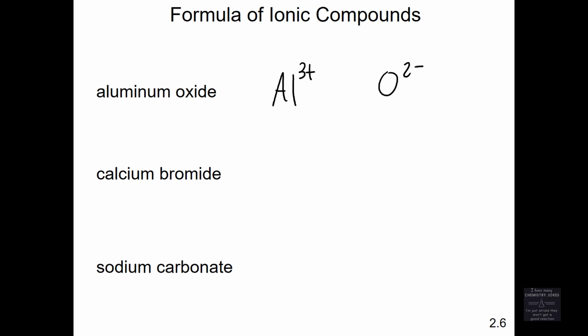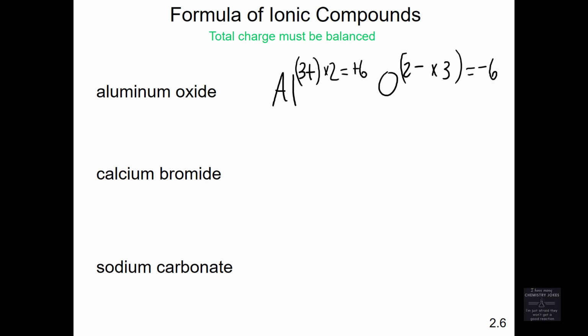If you just put those together, do they cancel out completely? No. So that means they're going to have to combine in a different ratio in order for the charge to be balanced. The best case scenario is to multiply this one by 2 to come up with a total +6 charge from our aluminum contribution. Multiply this one by 3 to come up with a total -6 charge from our oxygen contribution. So we got +6 and -6, they're going to cancel out now. So what that really means is I need aluminum, 2 of them, to combine with oxygen, 3 of them,